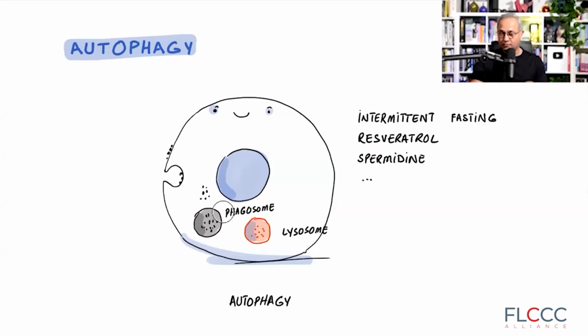Now, the problem for this cell is that once it has captured a bunch of debris or viruses or bacteria or fungus or other offending agents, now it needs to digest this. It needs to break down these elements into smaller pieces, which it would then consume as normal raw material for other things. How this cell does this is such a unique thing.